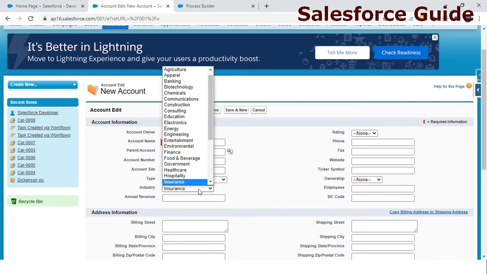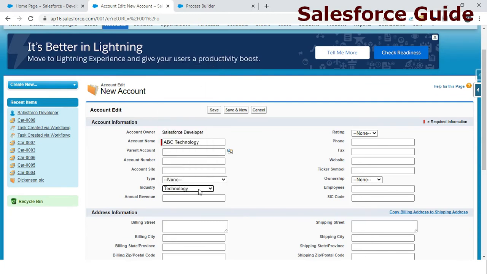Yeah, we have Technology as an option. So this is how exactly I want it.